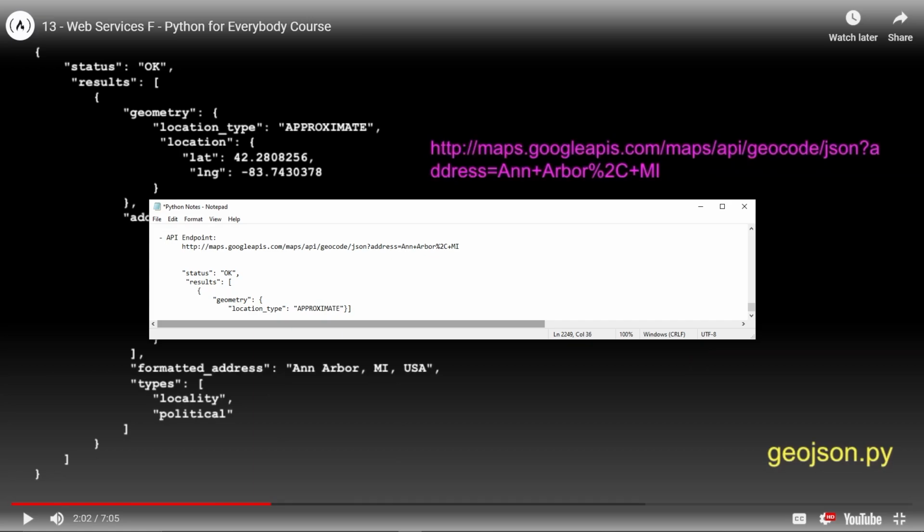Approximate. Okay. And then we need a comma after that, and we're going to do it again and put the location.